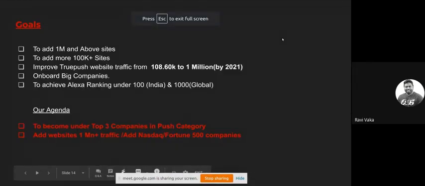Okay. So we realized that if you have more users coming onto your website, that will give you more signups. And one way of doing it is search engine optimization. That's what we adopted over a period of time. We started working on which keywords were working for us. We started